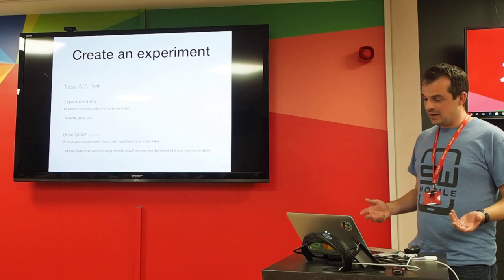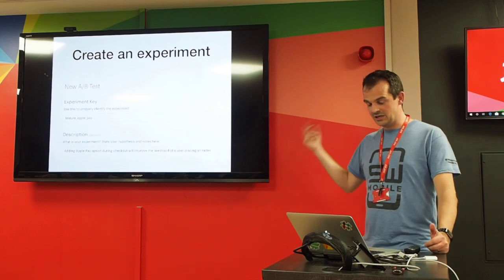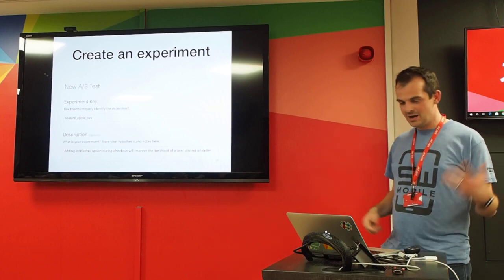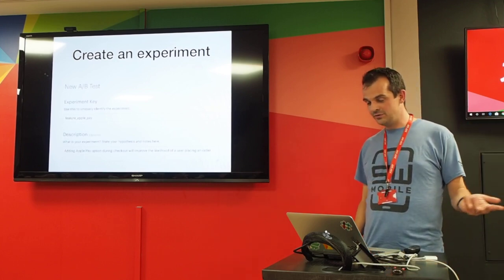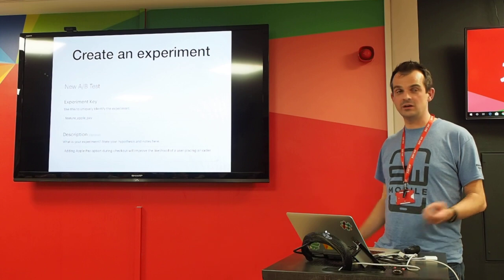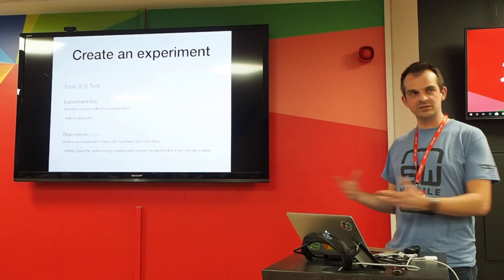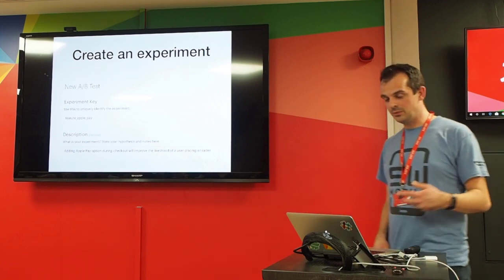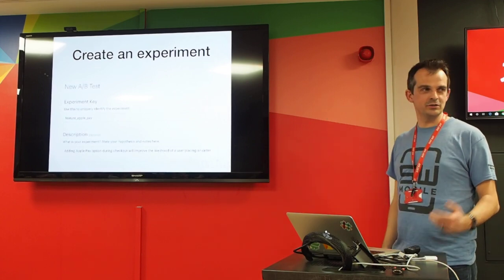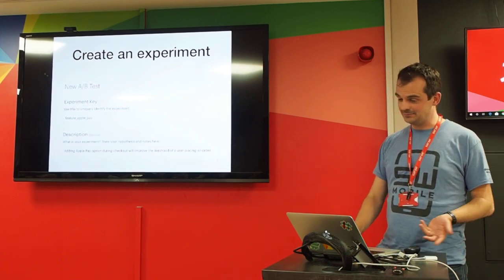In Optimizely, how you would go about creating an A/B test like this is you go in, you create a unique ID to identify that experiment. You can put in a quick description of your hypothesis. So in this hypothetical example, saying adding Apple Pay option during checkout will improve the likelihood of a user placing an order. It might also have an effect on whether they come back in future to order, because they think, okay, that was easy. I don't have to put my delivery address in, it comes from Apple. I don't have to put any CVV numbers in because it's coming from Apple, and so on. So if you're integrating Apple Pay into your app and you want to be able to boast to your CEO how much you've improved conversion or average order value or something like that, you'd probably want to run a test on it to be able to validate that.